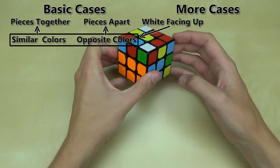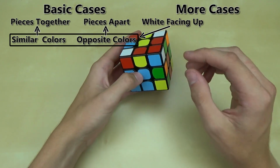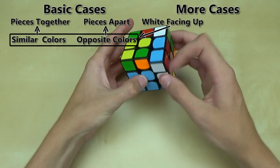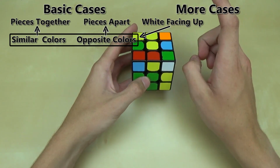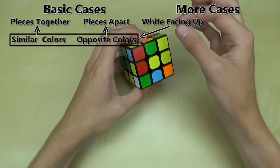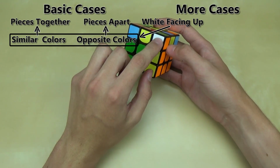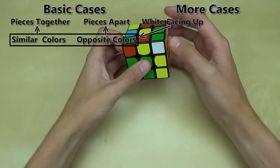So what you should be able to do now is take any two pieces in any positions on the top layer that are matching. So like these two pieces right here, do some setup moves, get them set up to a case like this, or like this, and put them in. However, there is one slight problem that you may encounter. You can have a case like this, where we have the piece right here and the piece right here. Simple enough, right? We have the two matching pieces on the top here, and so all we have to do is move this piece down, move this over, and that back up,